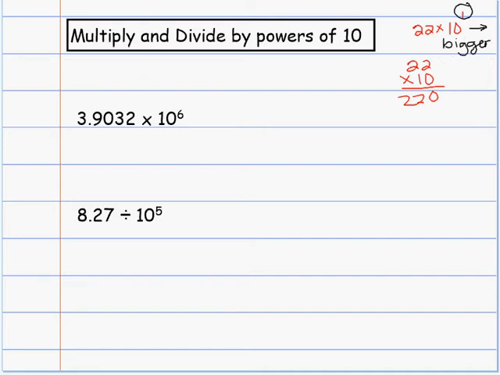And you can use that knowledge to help you when it's a power of 10 to do these problems really quickly. So when you're multiplying by a power of 10, you're going to move the decimal that number of places to the right. So 10 to the 6, I need to move 6 places, so I'm going to go 1, 2, 3, 4, and then I would have to go 5, 6, so I would have 2 zeros. Now don't do that. Okay, write your answer out,